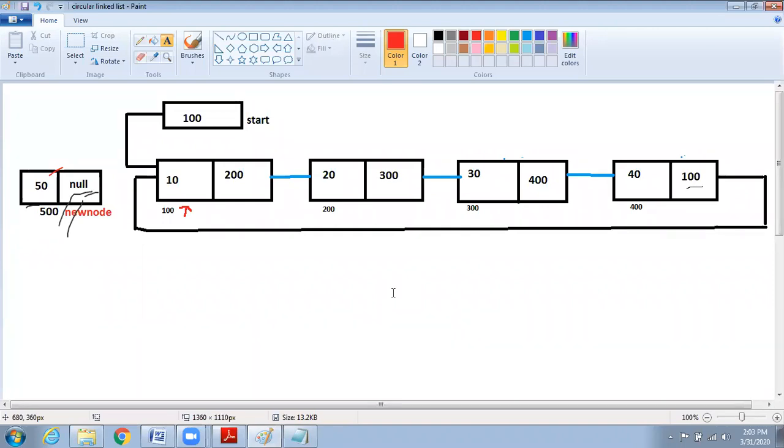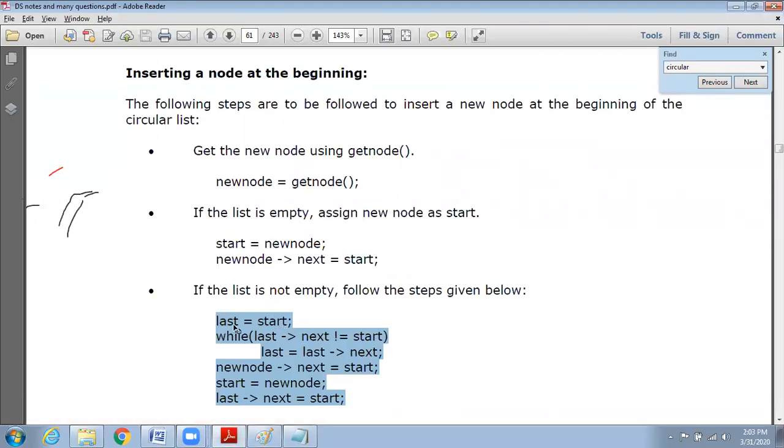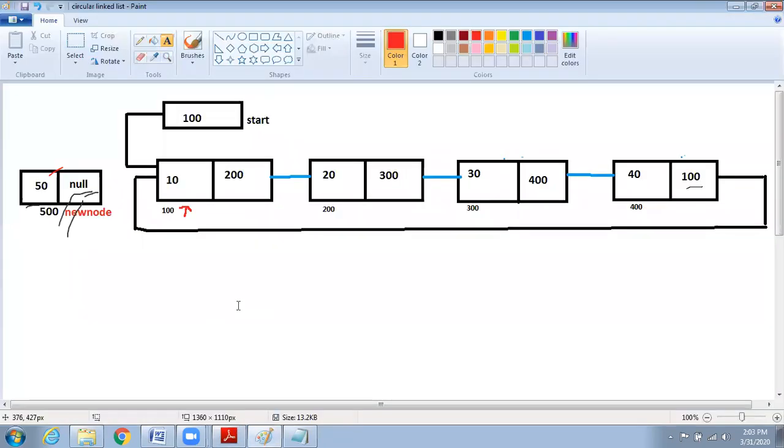We'll try to do the same thing with program concept. I'm assigning a variable last, and I'm assigning the start value to last. You told we have to reach the last node. In a single linked list, you use a temp variable and check whether its next is equal to null or not.